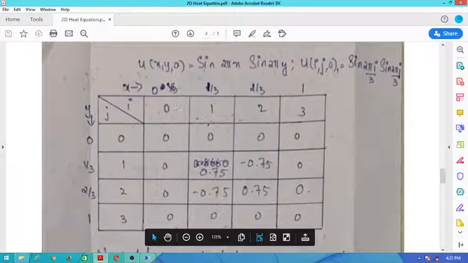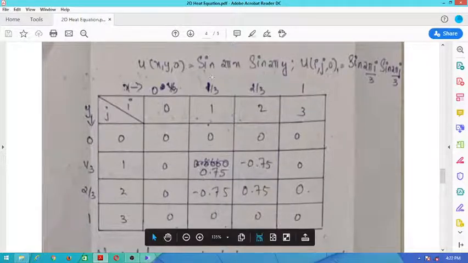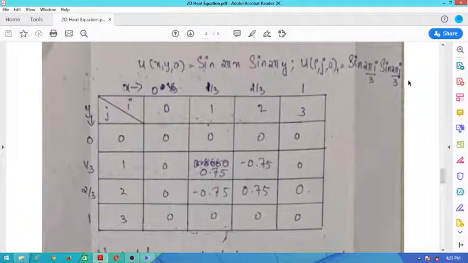Now when i is equal to 0 and j is equal to 0, we will get sin 0 into sin 0, the value is 0. When i equal to 1 and j is equal to 0, we will get sin 2 pi by 3 into sin 0. Since sin 0 equal to 0, this value is also 0. When i is equal to 0, whatever be the value of j, sin 2 pi i by 3 is going to be 0. Therefore, all values in the first column are 0. And the values in the first row are also 0, because when j equal to 0, sin 0 is going to be 0.